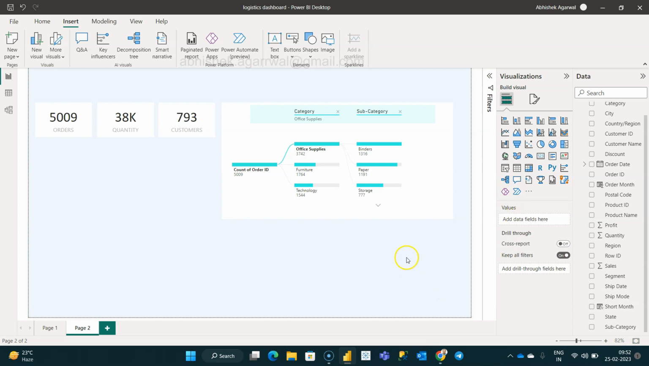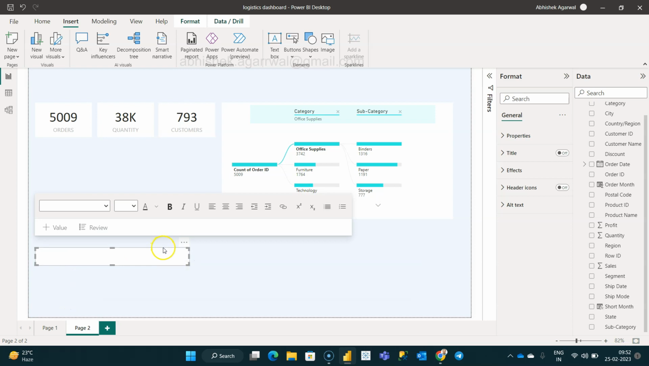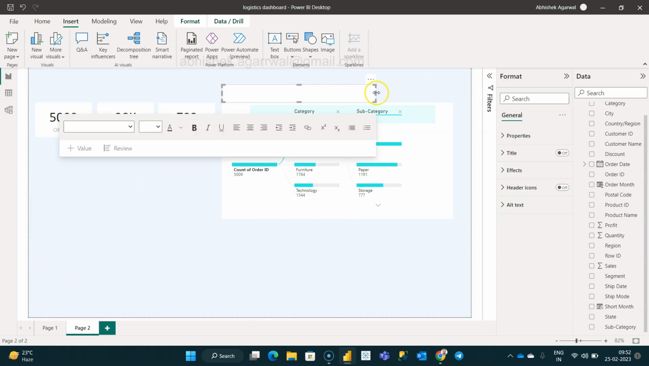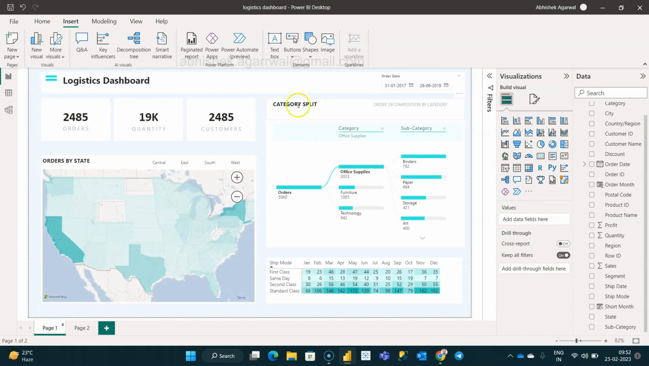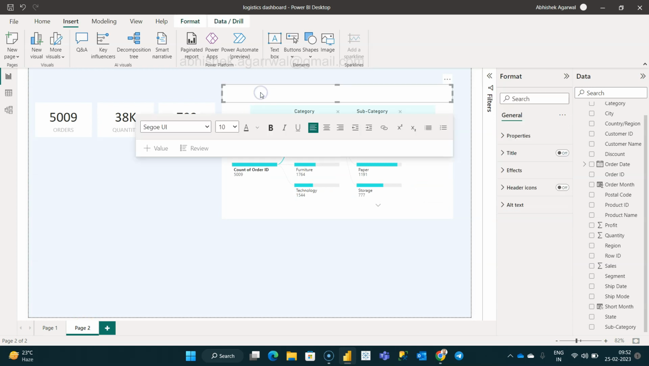Now it's up to the title. Again, for the title I have added the text box. So text box is here. I'll just expand that a little bit and drag it over here and keep it till here. So that way I will show the title. The title is category split, order decomposition by category. Okay, so we will write this